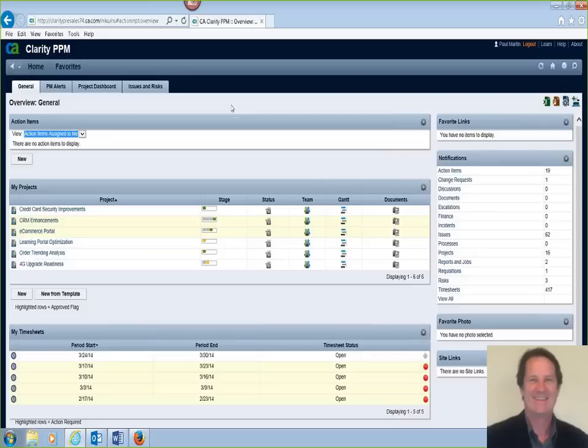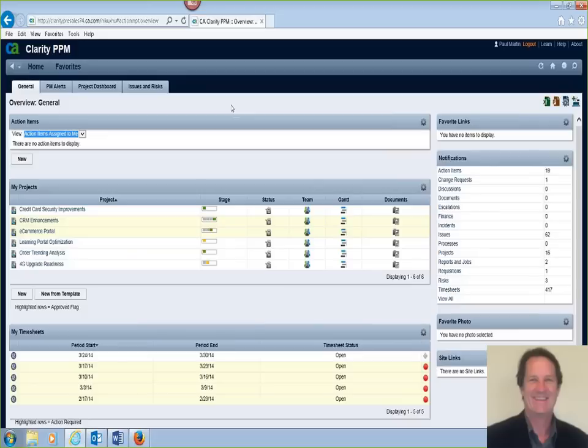So we can support these different templates for different project types. And by using these templates, people have standardized use of project plans. But the best thing also is that regardless of which type of template is used for a project, standardized reporting will be able to capture the same project metrics, cost, and staffing needs for all these project types. So let me show you how this looks in Clarity.